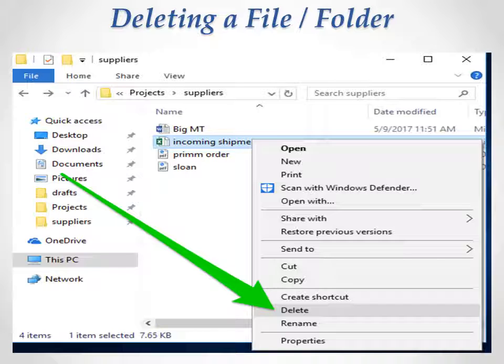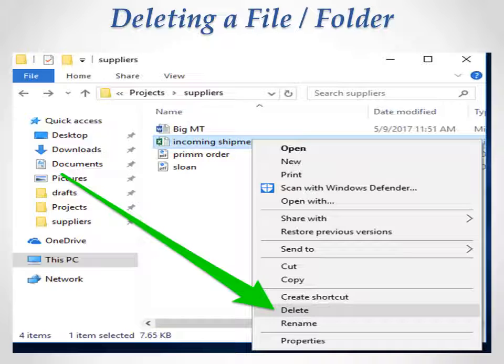Next one, deleting a file or a folder. For all the actions, copy, move, paste or deleting, whatever action you want to do with the help of the mouse, anything you want to open, first you need to select the particular document, then you can decide what you want to do. Now, you can see my arrow is on the picture.